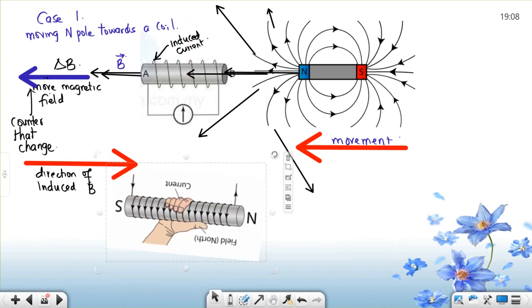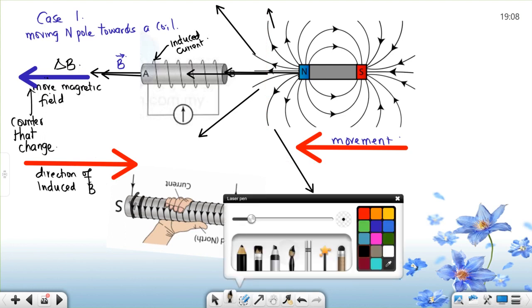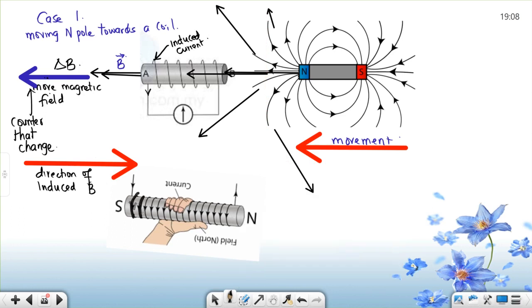Now look at the direction of current. Current now comes this way. This galvanometer would be pointing that way. Current goes this way. Beautiful. Now,